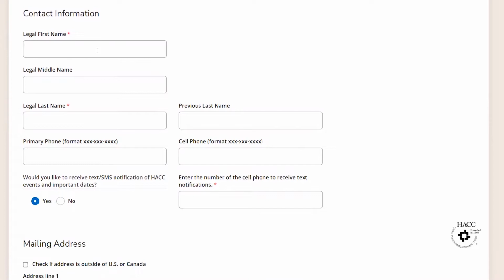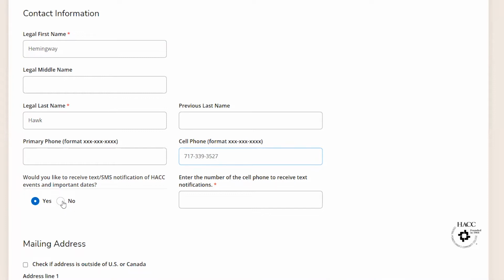So to get started here, I'll walk you through what it's like to create your account, every step that you'll need to take. First, for the contact information, I'll use our mascot at Hack, Hemingway Hawk, as my first and last name. So we'll enter Hemingway for the first name, Hawk as the last name. And then for primary phone number, if you have a home phone or a number that's best to reach you, you can use that. Or if your cell phone is best to reach you, you can enter your number there. So I'll use just a Hack number, 717-339-3527.